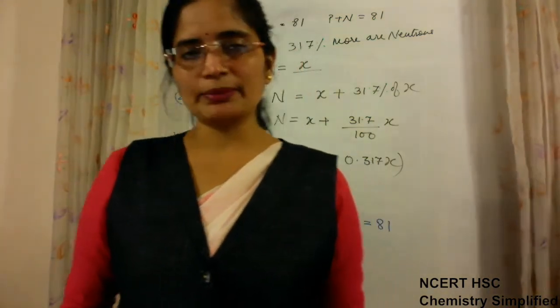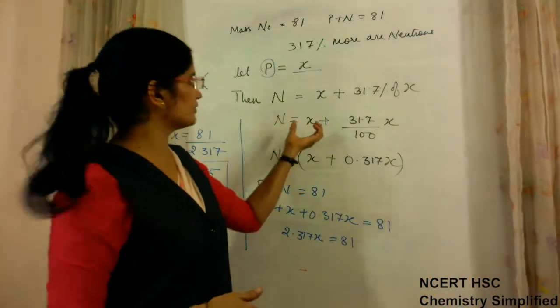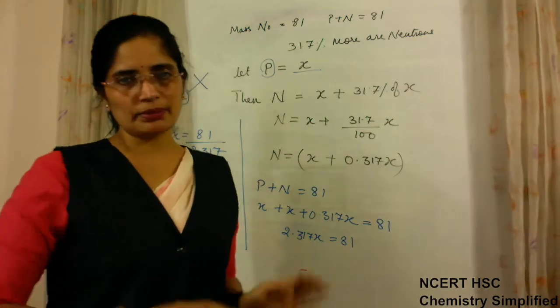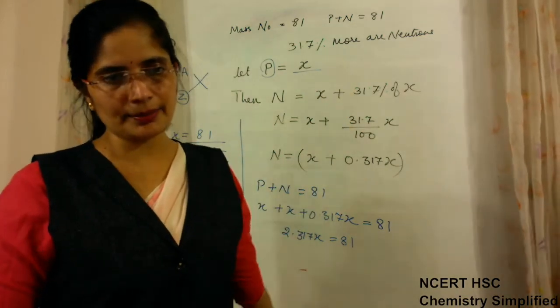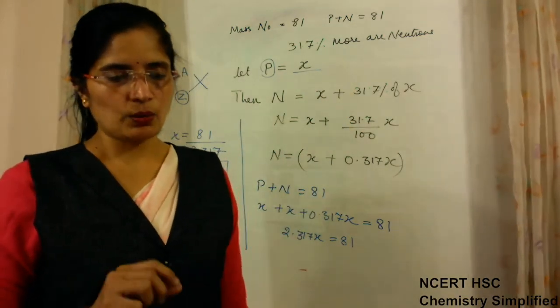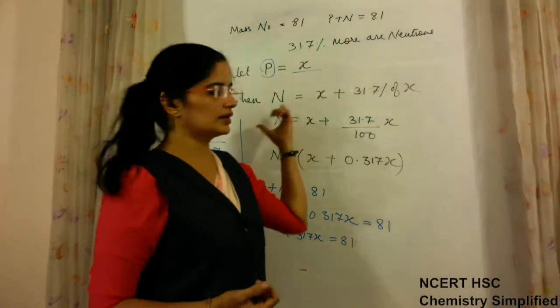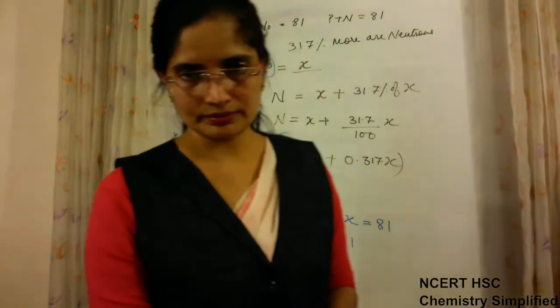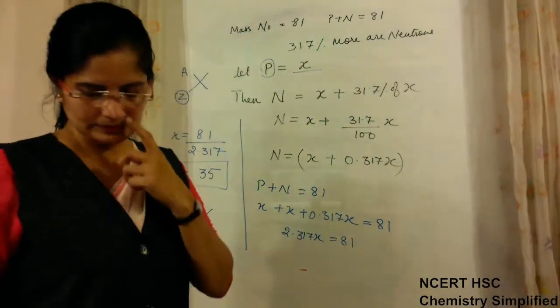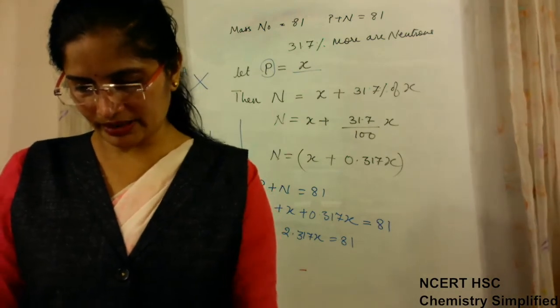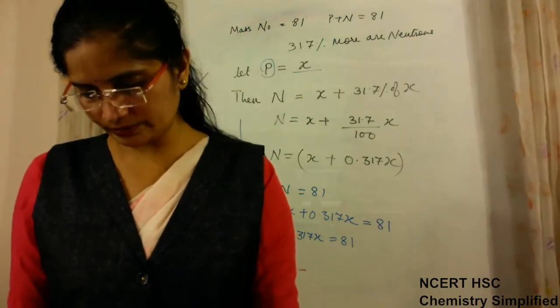So such types of questions, in this case they had given that the neutrons are this much percentage more, some other thing can be given, but they will be solved following the same method. Whatever condition is given, according to that you will use the relationship. Clear? So 2-3 such questions are there in the back exercise that you have to do.